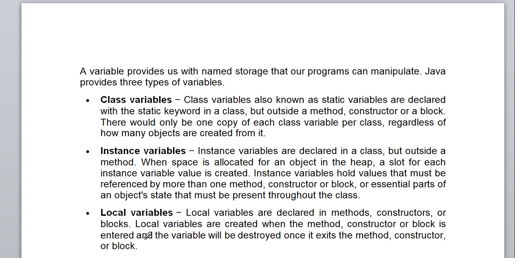These variables are used when we call the methods and constructors. If we are not calling any method or constructor, then these variables will not be used. Their function is always along with the method, constructor, or a particular block. So here you are able to understand the difference between class, instance, and local variables. Frequently we use these kinds of variables according to the requirement of our program.